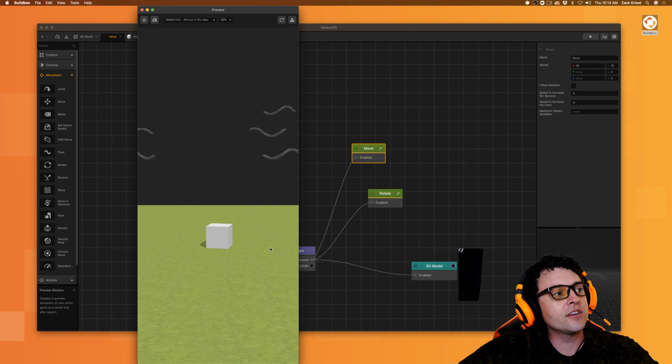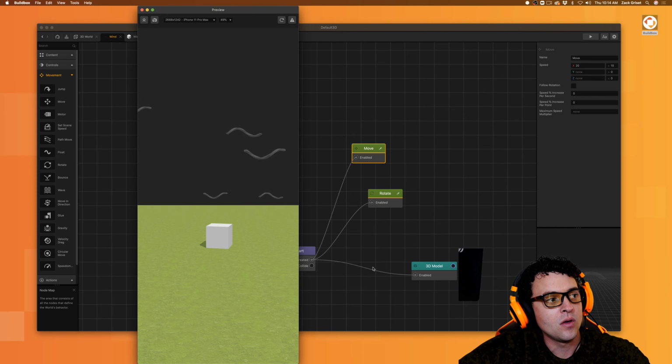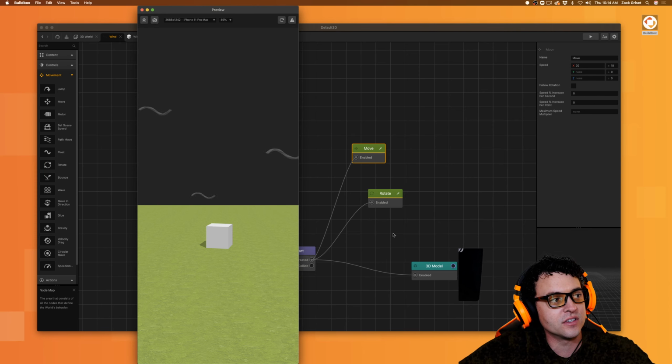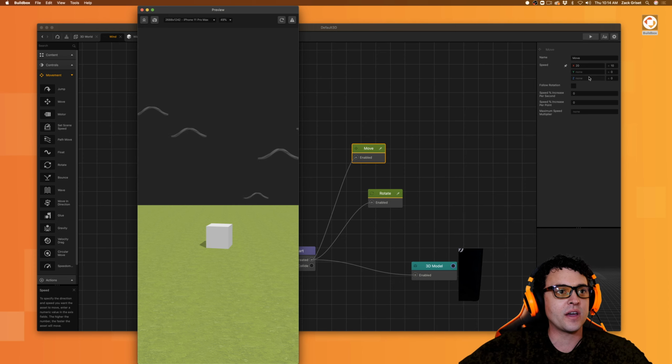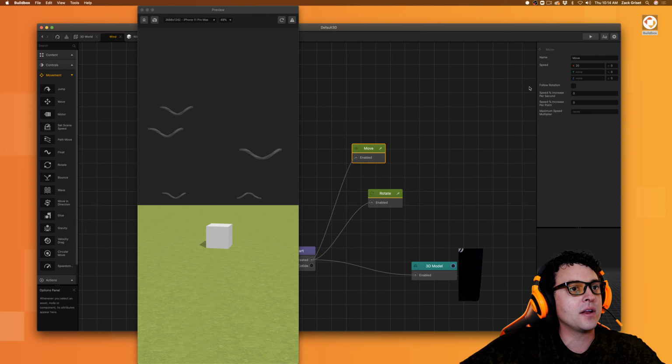Okay, that looks okay, but it looks more like the wind is super random. It almost actually made more sense, visually, to have them move in unison, strangely enough. I don't know, it's up to you guys. I don't know what you guys think on that one, but okay, what I'm going